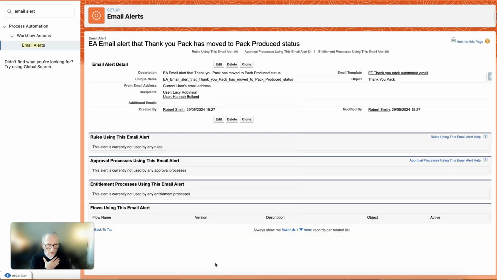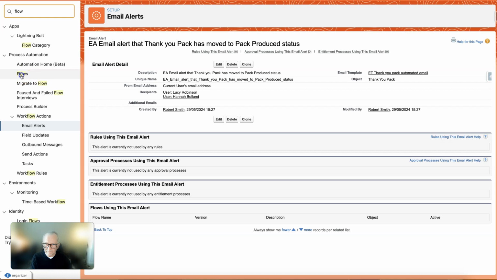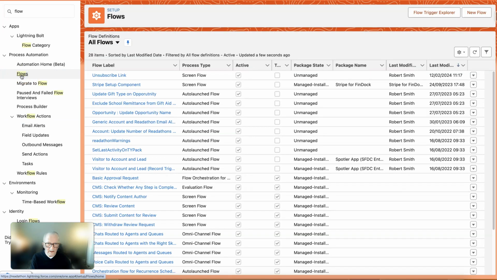So we've now got email alerts. That's the action that fires off when the criteria is met. We haven't put the criteria in yet because we haven't built the flow to say that, but we've got everything ready. So we've got all the content ready in effect, and now we can go off and build our flow. So let's just go into flows, and we're going to create a new flow